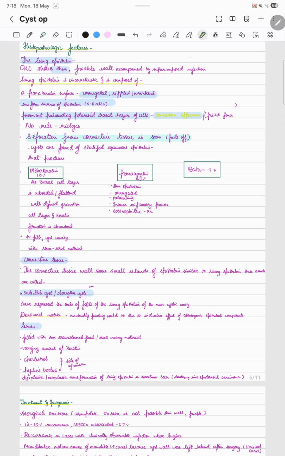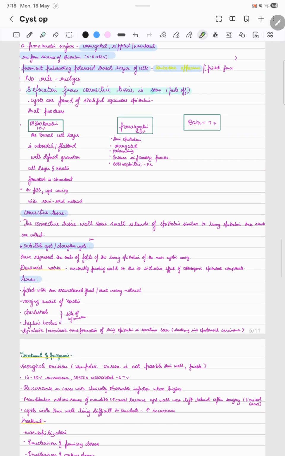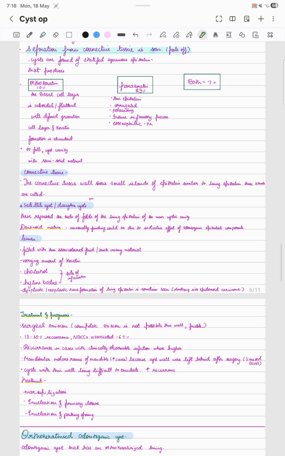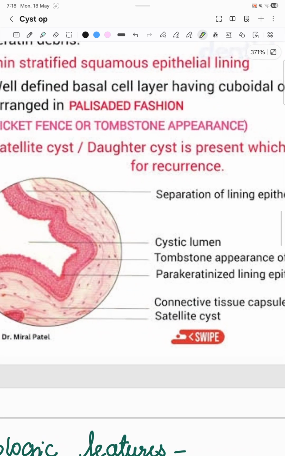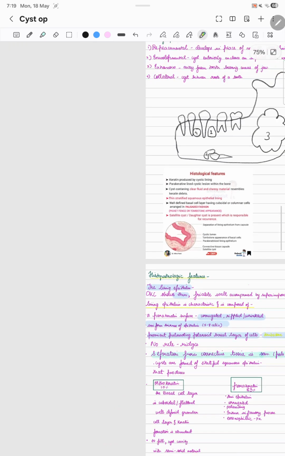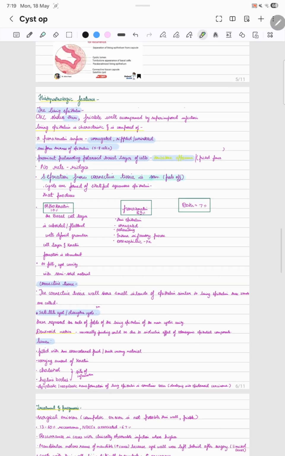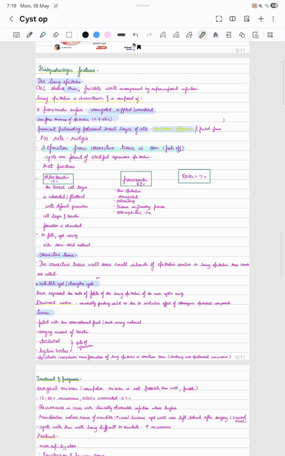So we read about the satellite cysts, that is your daughter cyst. These represent the ends of folds of your lining epithelium or cyst cavity. Now coming to the dentinoid matrix, it is usually found due to the inductive effect of the odontogenic epithelial components. Now coming to the lumen, which has a straw colored fluid. We're talking about this area, guys, if you don't know. The lumen is filled with a straw colored fluid of varying amounts of keratin, and we have something called cholesterol